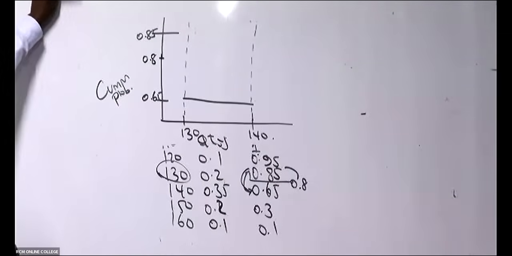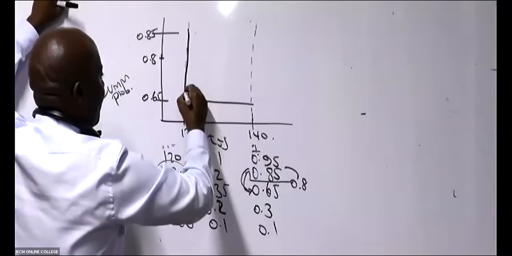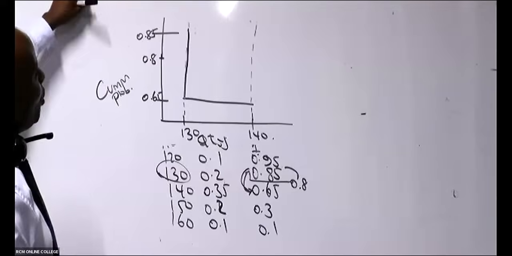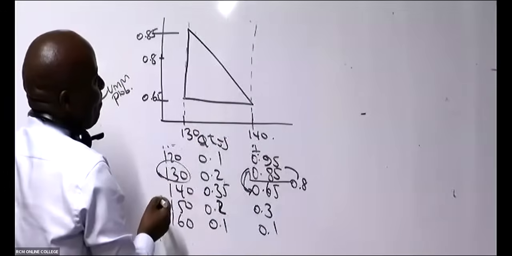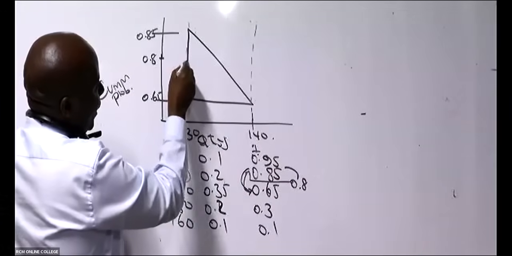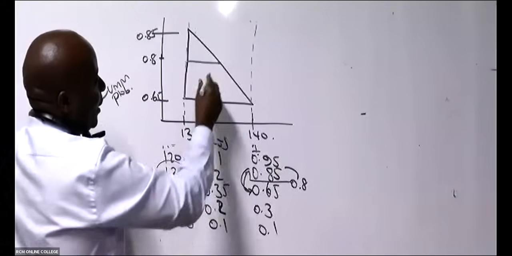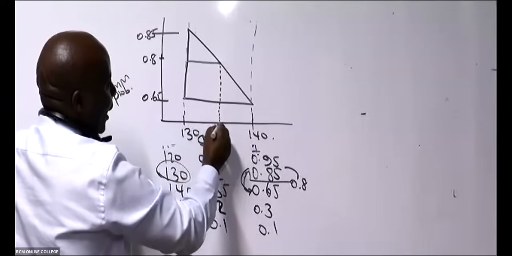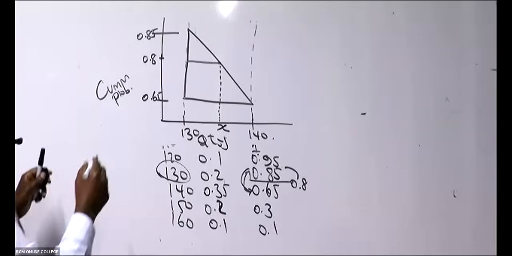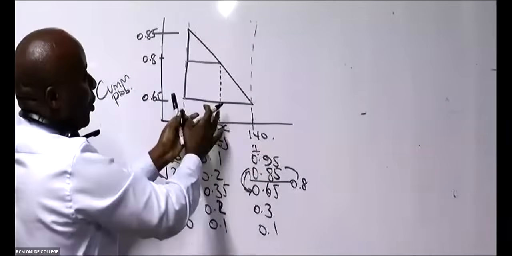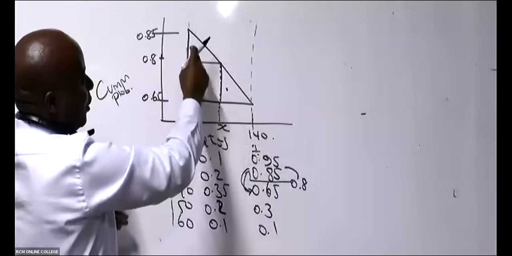Let me just complete this. Yeah, similar triangles. I'll be able to drop this as a triangle, 90 degrees up to there, and then I have another base at 0.8 here. Then I drop this down up to x, like that. So I don't know x. I have this big triangle and this small triangle here.